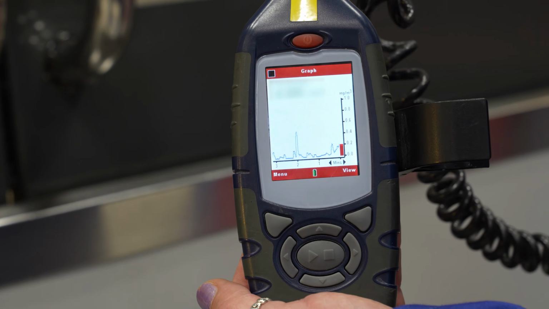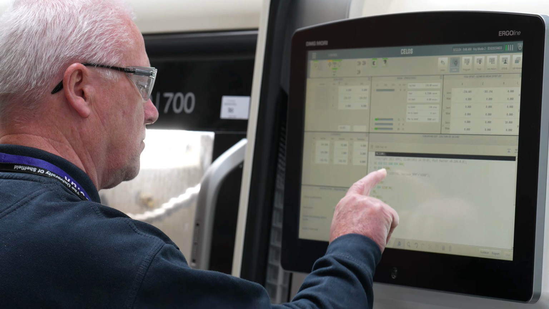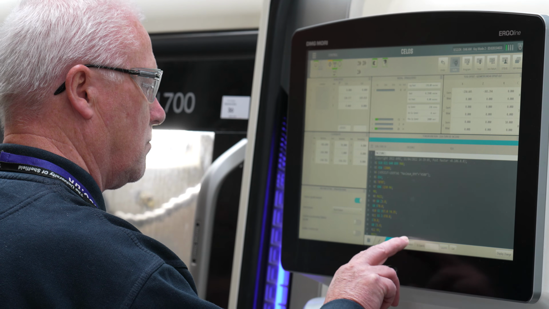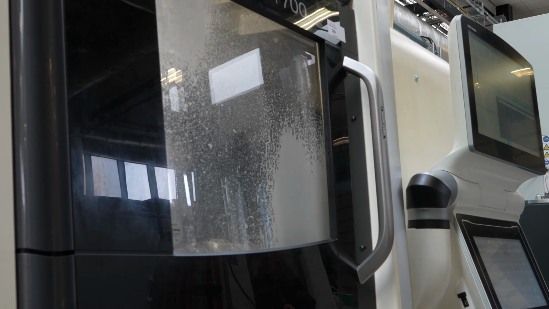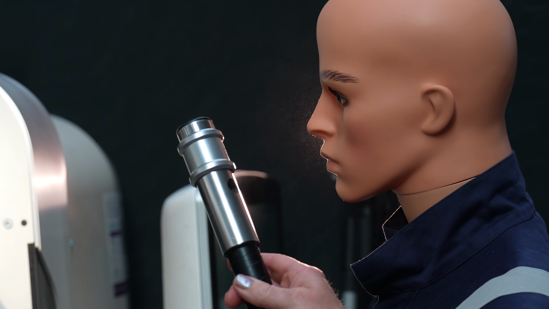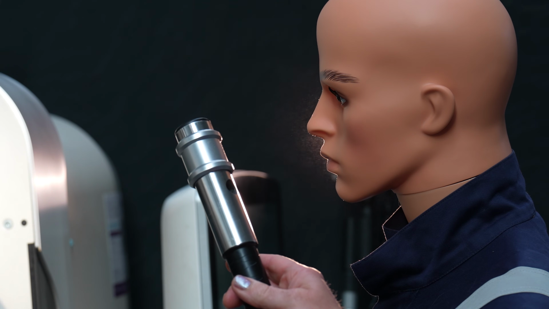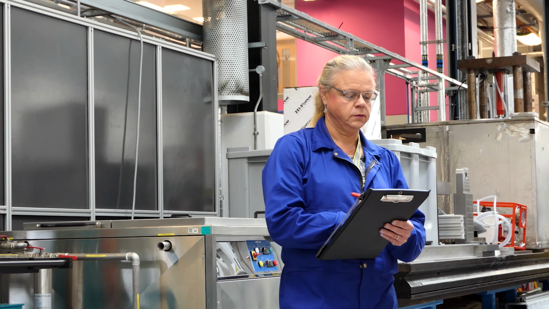When the CNC machine is not operating, turn on the DRAM and allow the reading to settle. This is your background particle level before CNC machining. Start the machining operation and hold the DRAM near to the operator's position. Wait for the reading to stabilise. This will depend on the instrument, but is usually over about a minute. Record the reading on the DRAM and the corresponding observations from using the dust lamp.